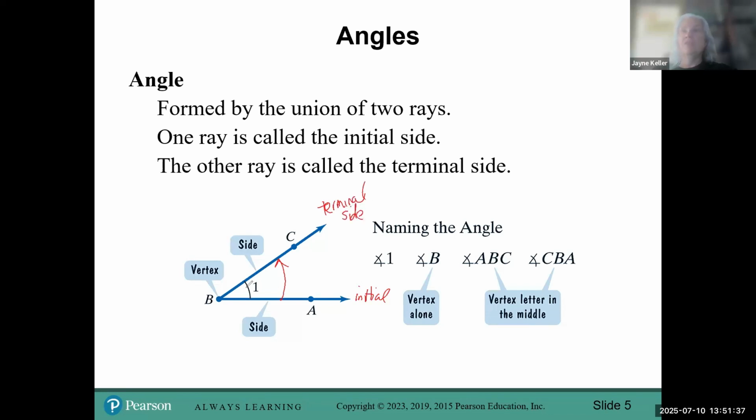And then we have lots of different ways we can name the angle. So sometimes we name the inside, and we call that one angle 1. We can also call it angle B. We can also give names to each of these sides, and we can call it A, B, C. When we have something like this,